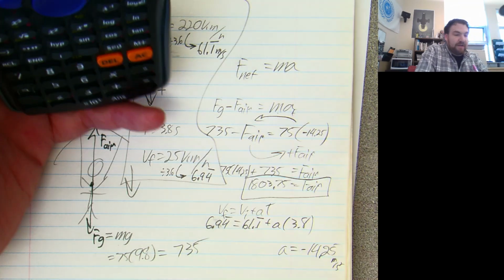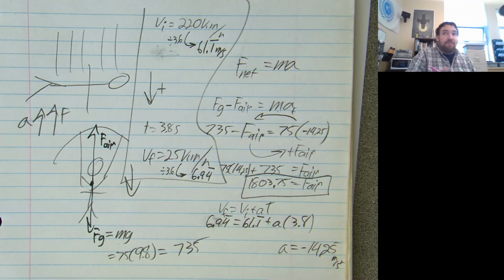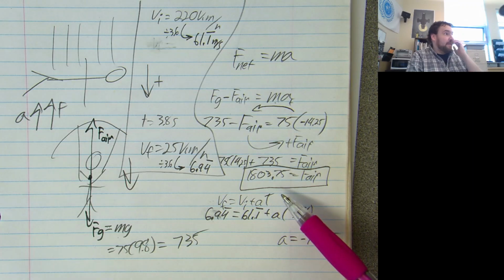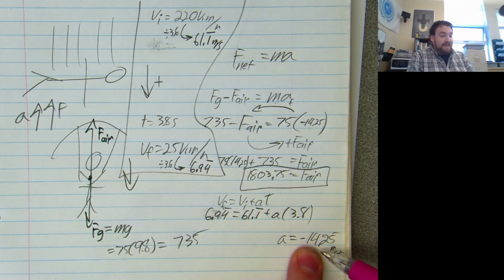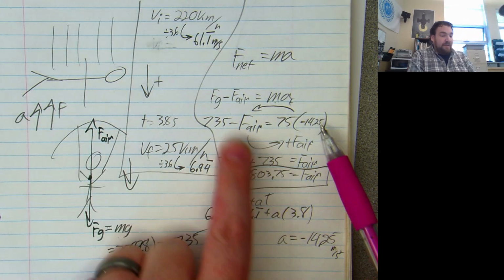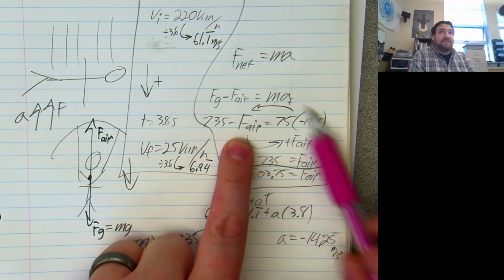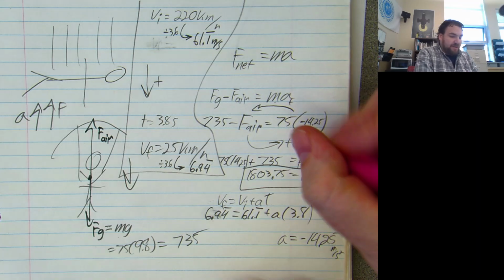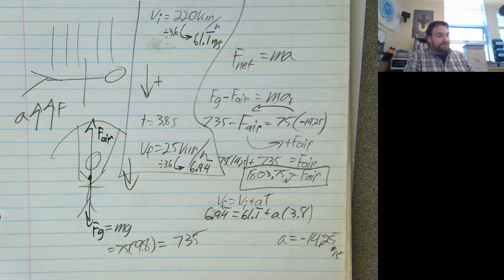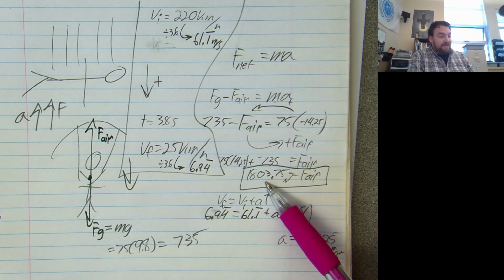I'm willing to bet you, if you got 350 for this, it was a minus sign. Because I called down negative, down positive, the upwards acceleration, this should have been negative here. So when it ends up in here, it adds to the 735. And that should be newtons. I should have units there too. And because this is positive,